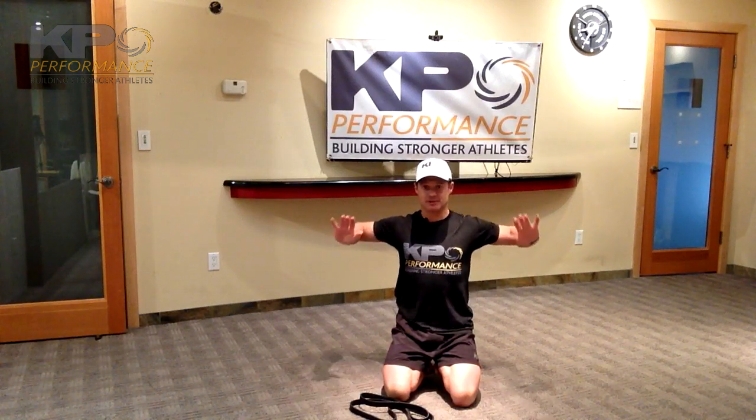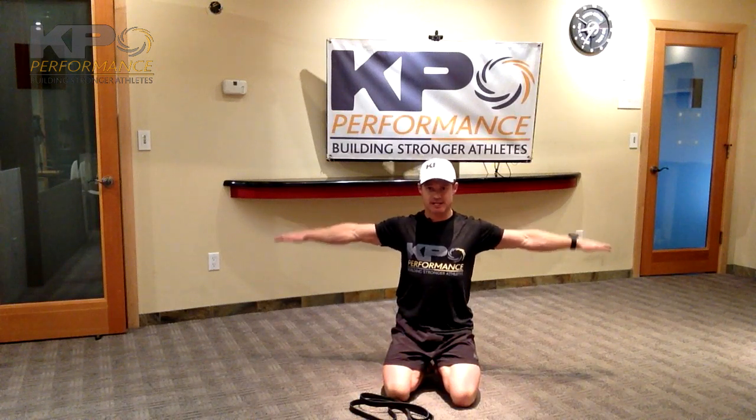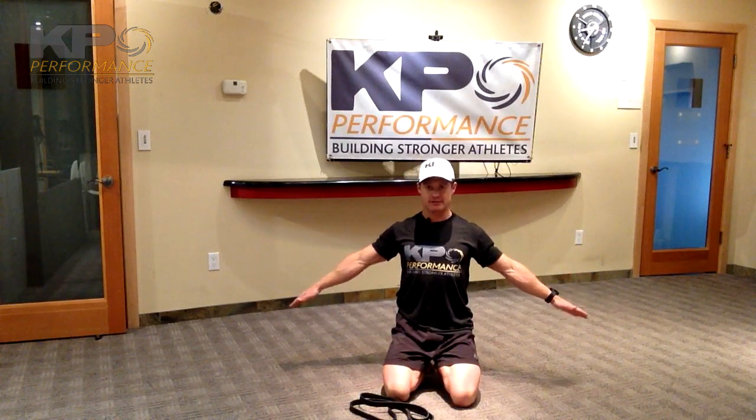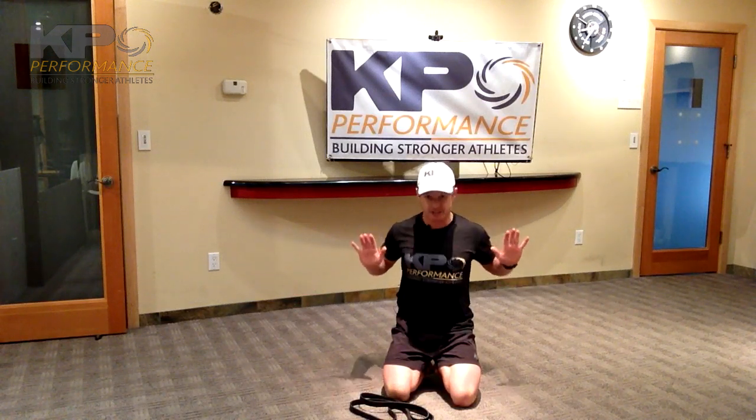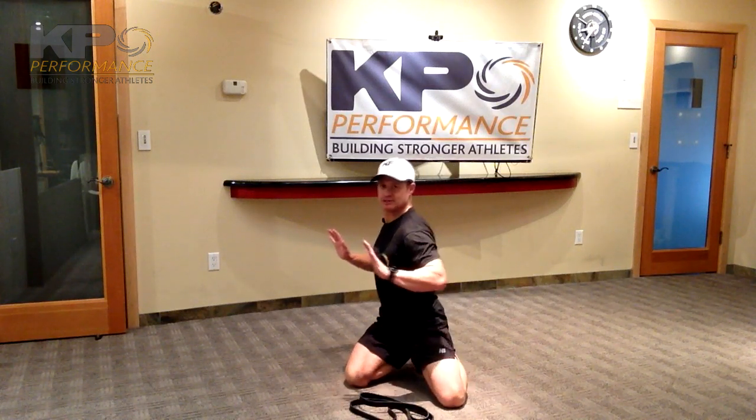So there was a time we would kind of do a 90-90. Now what we're trying to do, if I look at armpit angles being 90 and I drop down to about a 45, bend my elbows, that's gonna be your proper push position. So functionally, this is a nice natural power position. So from here on the way down, your elbow is just gonna get higher than the shoulder and then press